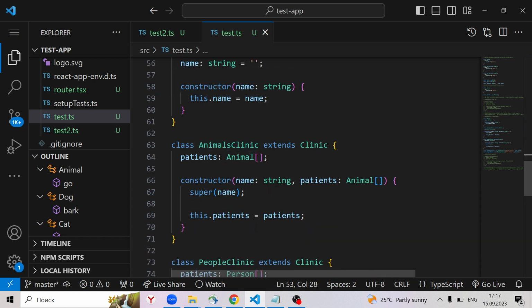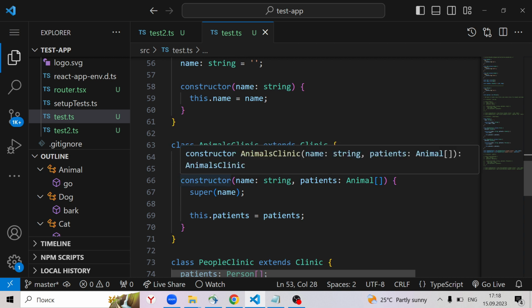And you can see that I've created the class AnimalsClinic and I've extended it from this class. And there is a special property patients with type array of Animal. And I've created a constructor which helps us to create